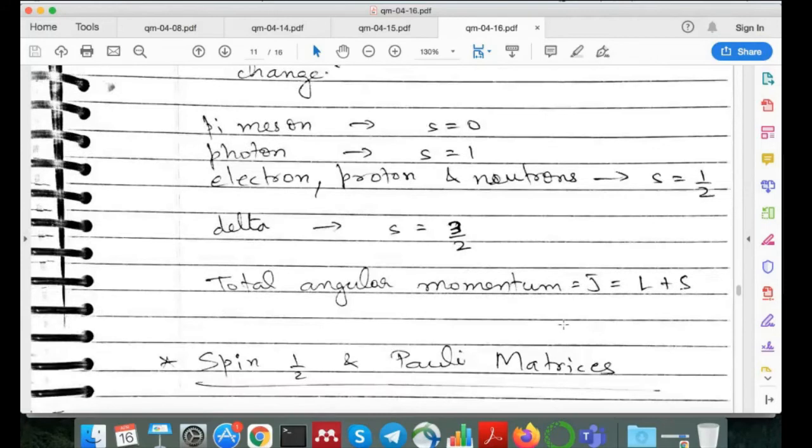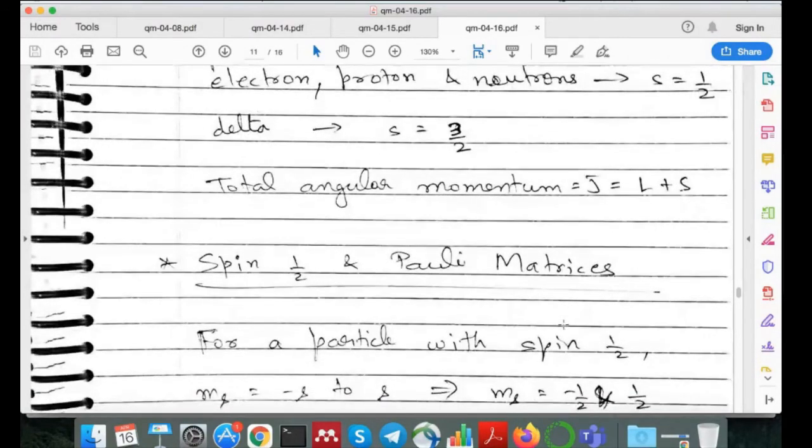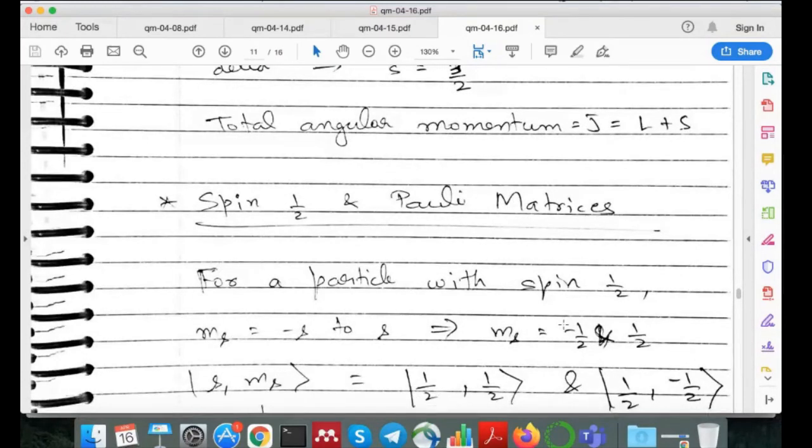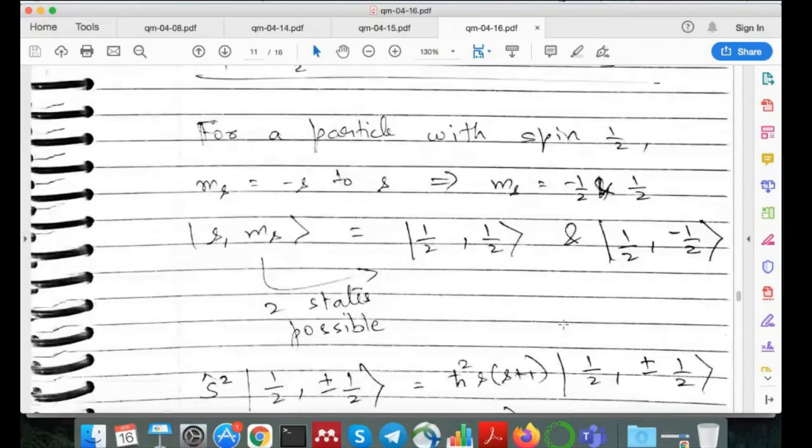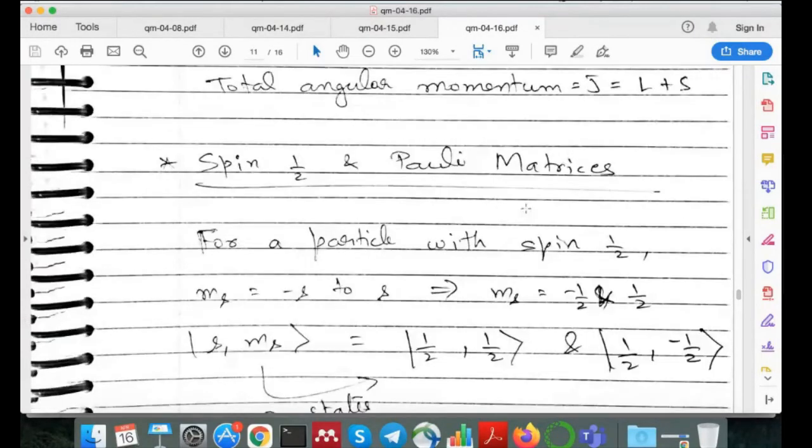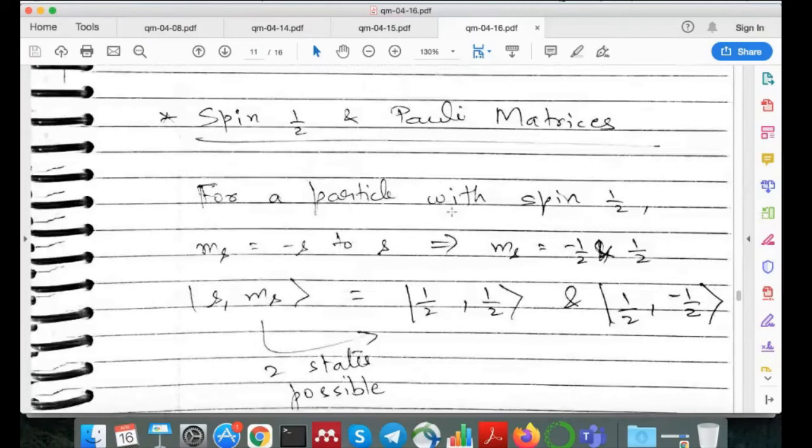Okay. So now let's look at spin half and Pauli matrices. We have already defined what Sz, S squared, all of these operators are. So we'll try to define what the Sx and Sy operators are also. Sometimes it's very easy to write Sx and Sy operators if you define some matrices. That's why we call these Pauli matrices. So for a particle with spin equal to half, examples are electron, proton, and neutron. These three quantum particles have spin equal to half.